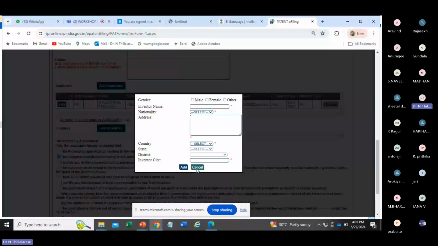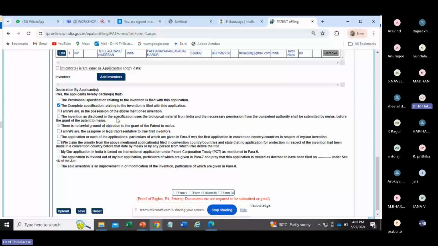Now after that you have to come up with the declaration by the applicant, providing specific information related to these fields. And you have to deal with the Patent Cooperation Treaty, that is the PCT Act, para 6, or para 5. So you have to state whether you have done any disclosure of specific biological material from India. If that is the case, then you have to deposit your biological materials as per the PCT, the Patent Cooperation Treaty. And you have to come across para 6, para 5, para 8. So all things are done.